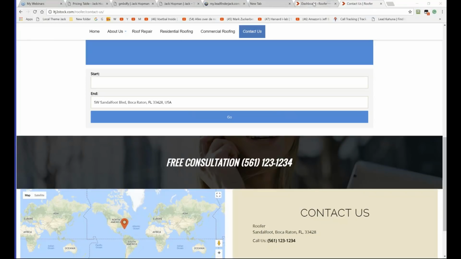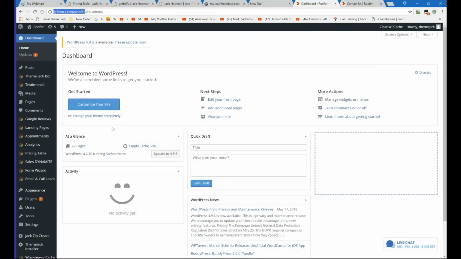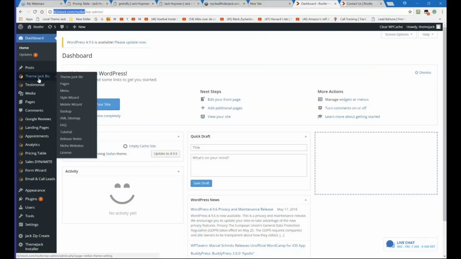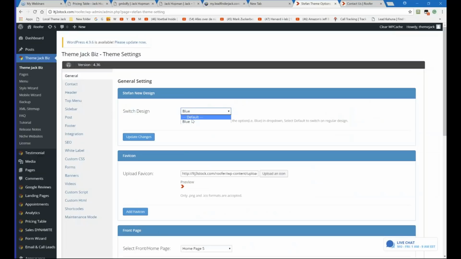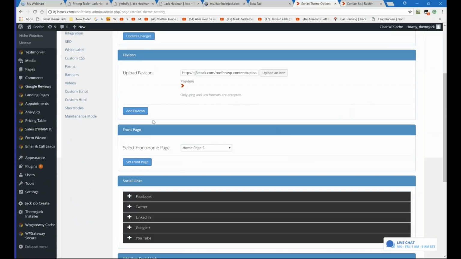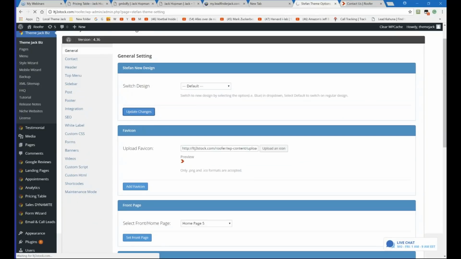Now the backend is going to change a little bit, but I want to show you some magic. That's actually what I want to show today. This is really magic. Let me update it to page 5.